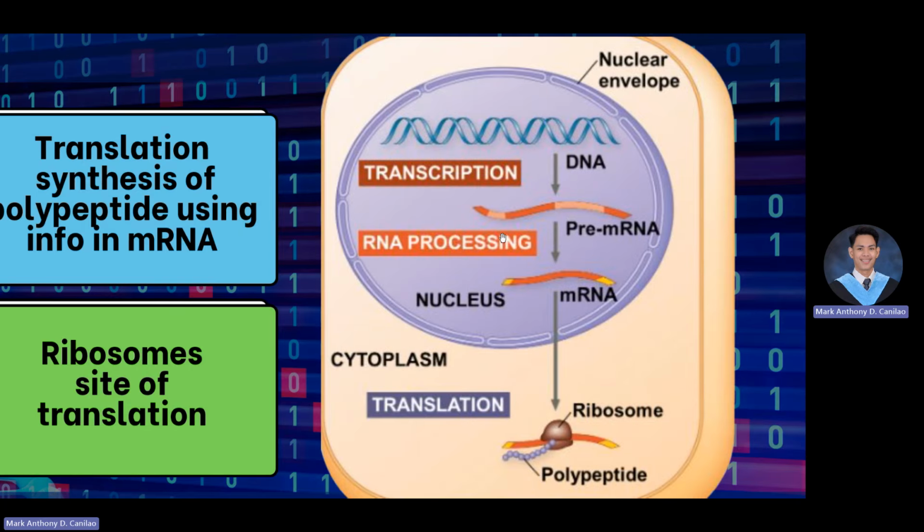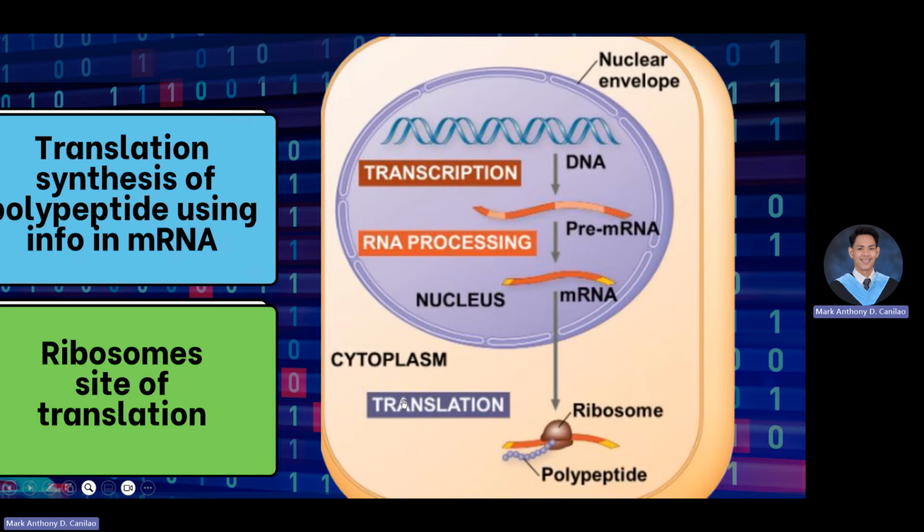Transcription and translation differ, number one, based on location, and second, they also differ based on what they produce, their byproduct, as we can say. Transcription is a process wherein the DNA template strand is used to create an mRNA, or messenger RNA. Again, transcription happens inside the nucleus. After transcription, when we have created an mRNA, this mRNA is ready to exit the nucleus via the nuclear pore, and it will be deposited in the cytoplasm or the cytosol.